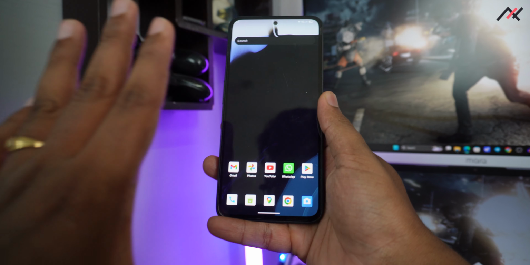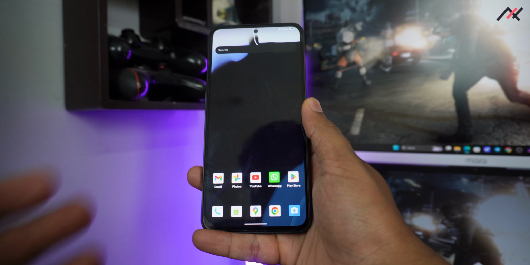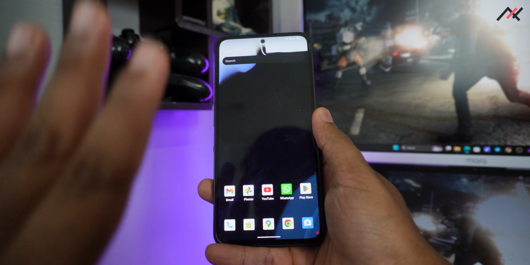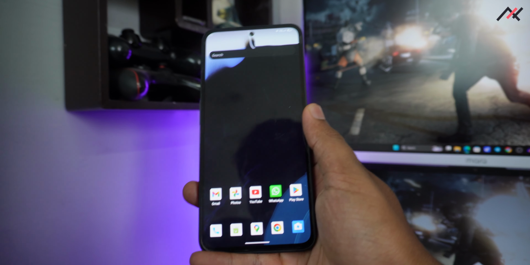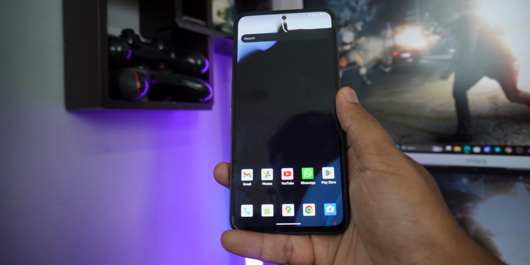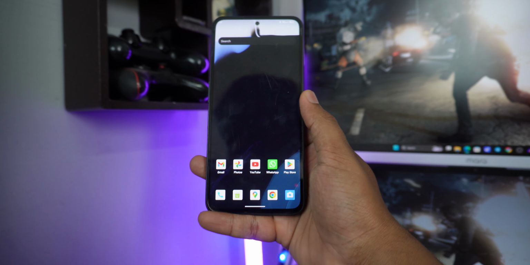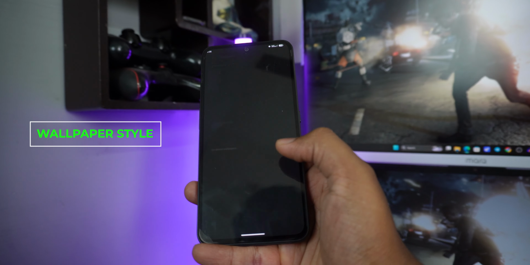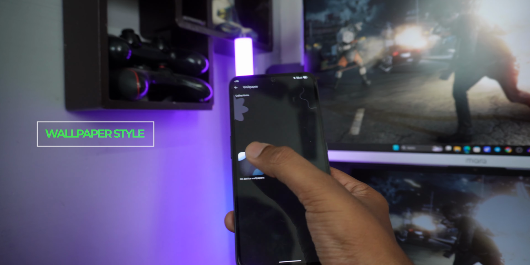Also, to turn on this device with this particular setup, it takes just 3 or 4 seconds, which is really faster than even Nothing OS. I have shown the booting time of this particular one in the installation video, which is actually great. So here you have multiple options to change the wallpaper and all, but the problem